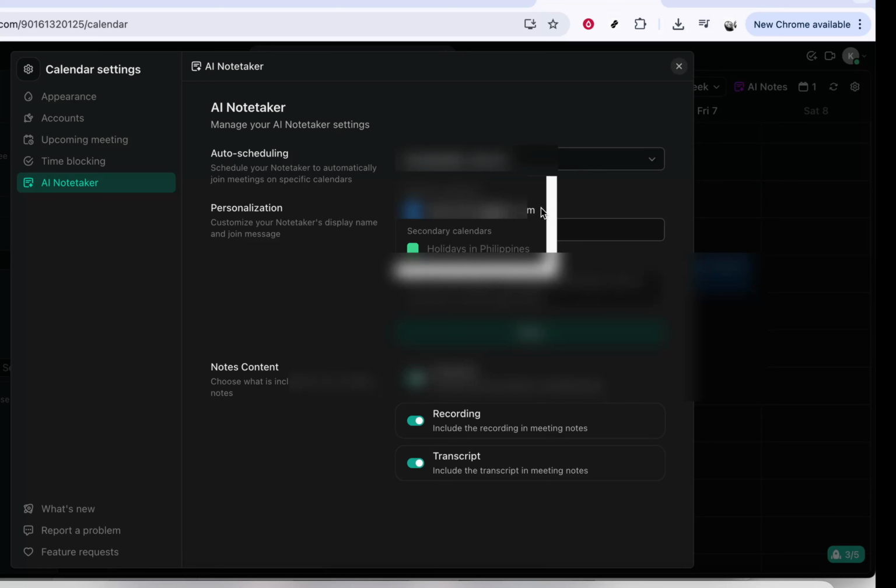Now, locate the AI Notes section. Click on it, and this is where you'll input your meeting link. Ensure you have the correct link copied earlier, then hit the Send button. This action prompts the AI Note Taker to start working with the upcoming meeting, ready to capture every essential detail